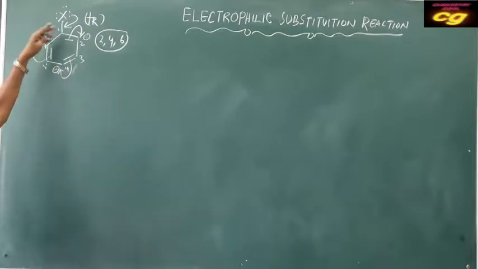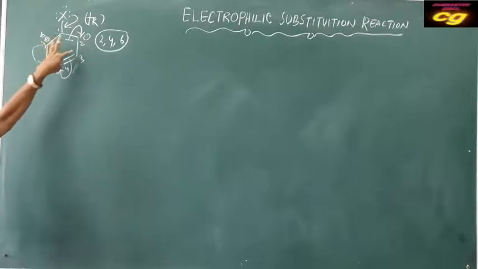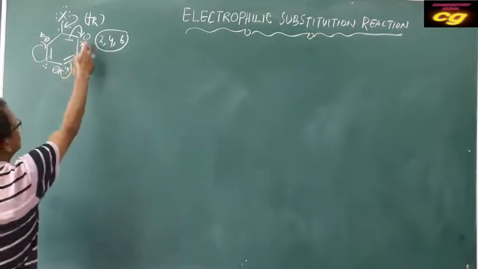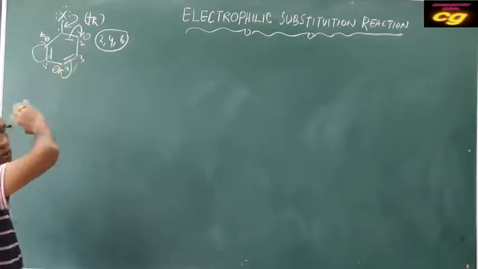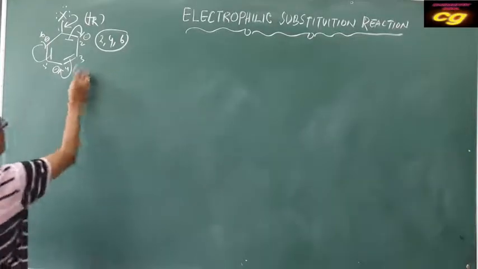Because these are electron activating groups. They supply electrons toward the benzene ring, so the electron density around the ring is more. So as positions 2, 4 and 6 get negative charge, if you add any electrophile,